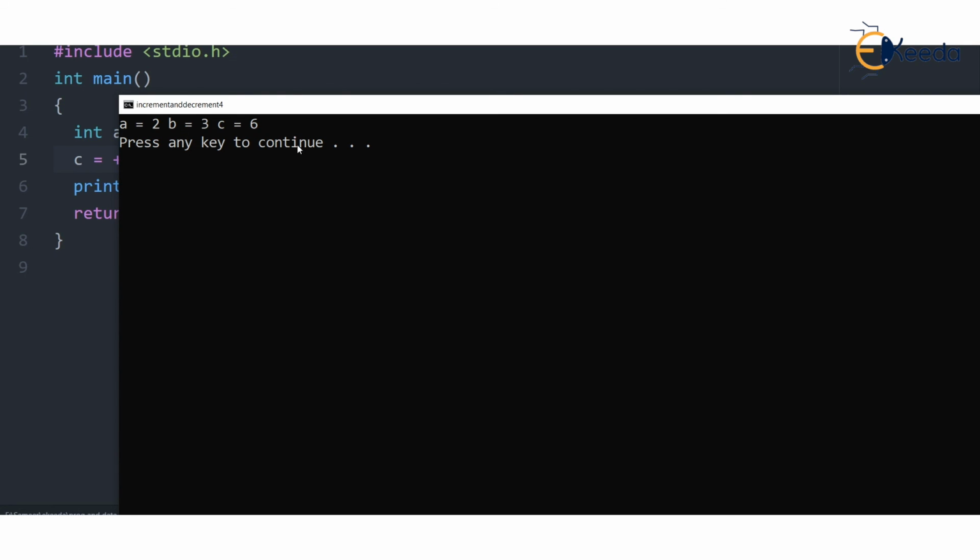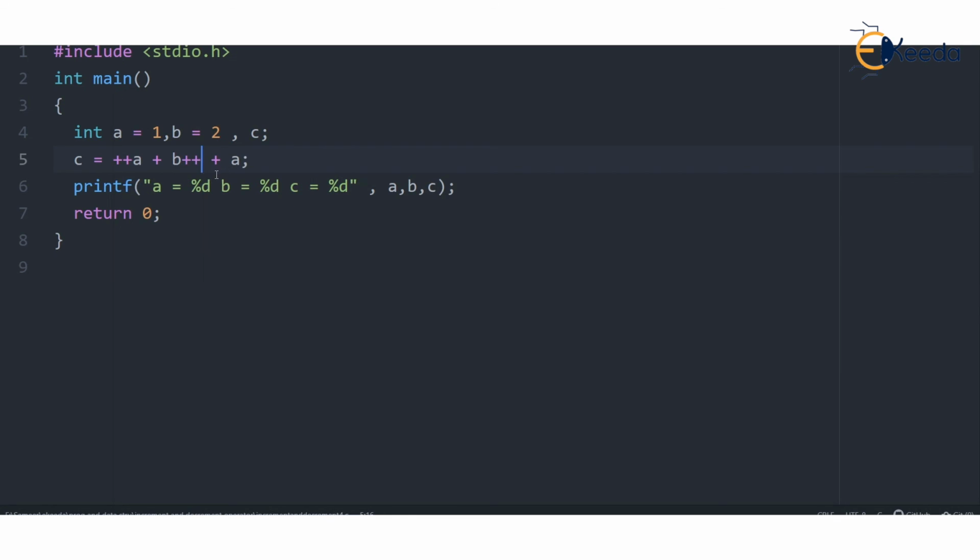There are some more interesting things about prefix and postfix operators, ++ and --, and they work magically when they are used with the printf statement. And there are a lot of concepts like last in first out associated with stack, which we will see in the next video. Thank you very much.